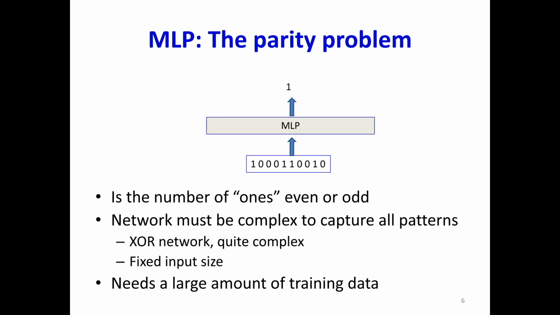Parity is also an XOR problem, is it not? So what would it be? Exponential in the size of the input. Suppose I decide to have many layers. I allow it to be deep. In that case, what would the size be? It's going to be linear. We saw that you can do it in 2n.